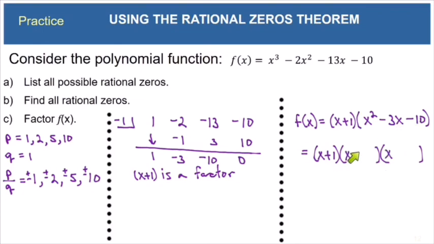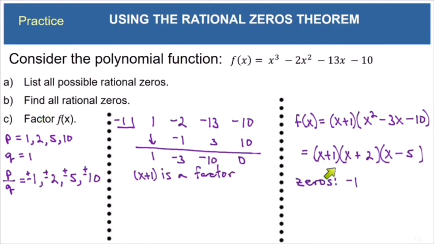The signs need to be different, and 10 has got to be 5 times 2. Let's put the 5 here so that the outer plus inner will add up to the negative 3x that we need for the middle. See, outer times outer and inner times inner, and that adds up to the negative 3x that we want. And so we have completed part C actually, and now we just have to go back and